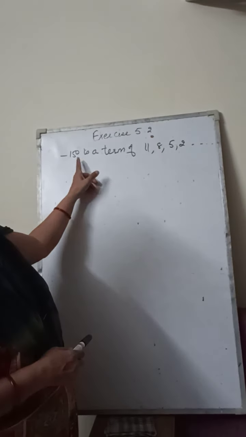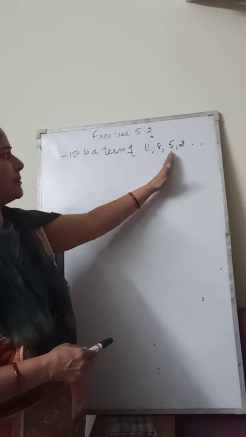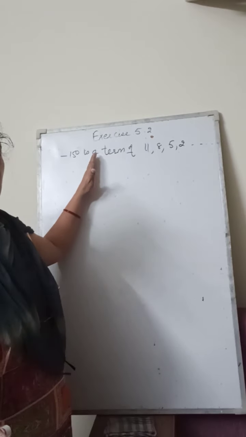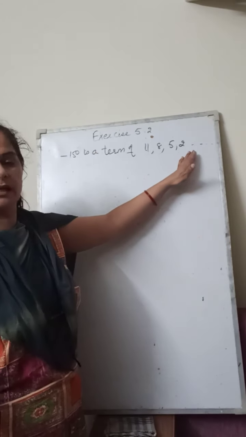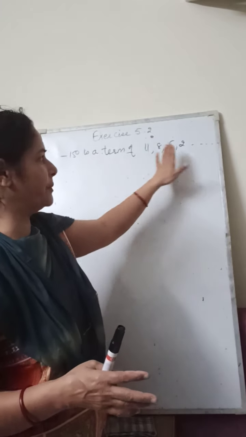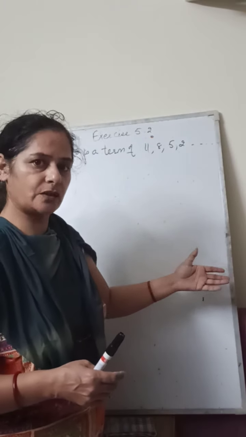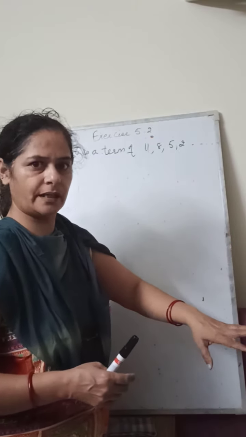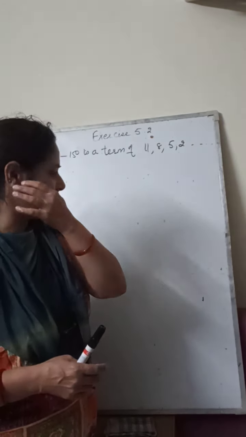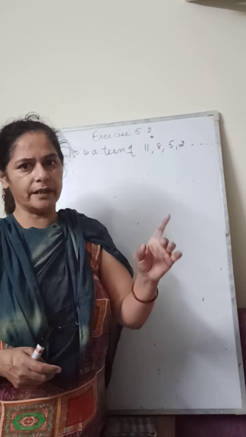It means you have to tell whether, in this series, in this progression, minus 150 lies or not. In this progression you have to tell whether minus 150 will be coming in this sequence or not. So let us see if it is coming, and at what number it is coming. Clear? With that only you will be clear. So you have to tell at what number it will be coming, which means you have to find n. Got it? Here also n.